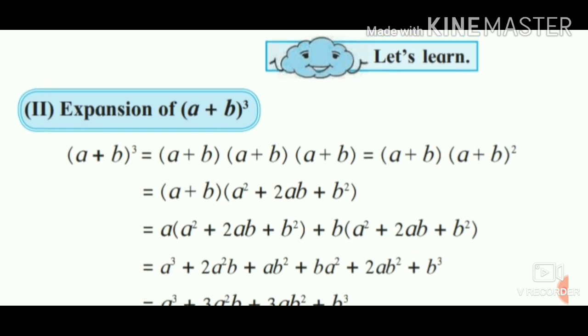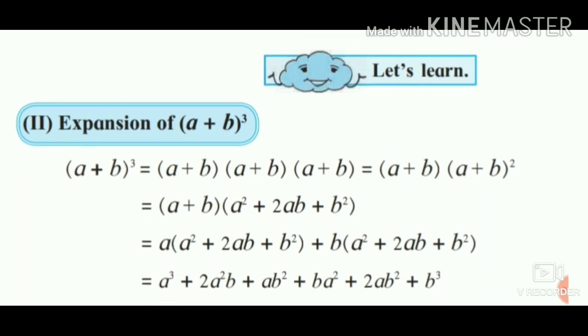I've taken the textbook image itself to explain it to you all. So if you can see, (a + b) the whole cube, that's why the bracket has been written 3 times. So in the first step itself, (a + b) into (a + b) into (a + b), though there is no multiplication sign in between, all the 3 brackets have been multiplied. Okay, so the first bracket remains separate, whereas the next 2 brackets are taken together. That's why it is written as (a + b) the whole square.